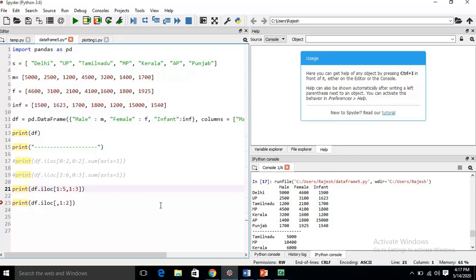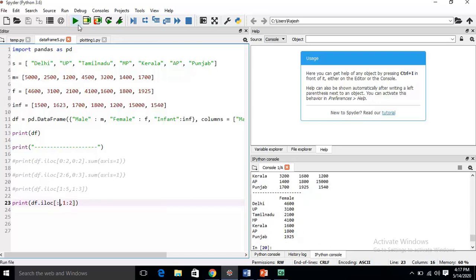Let me comment this here. One more thing I am forgetting: here I have simply put the colon, with neither a beginning index nor an end index. What will it do? You see it fetches the data of all.